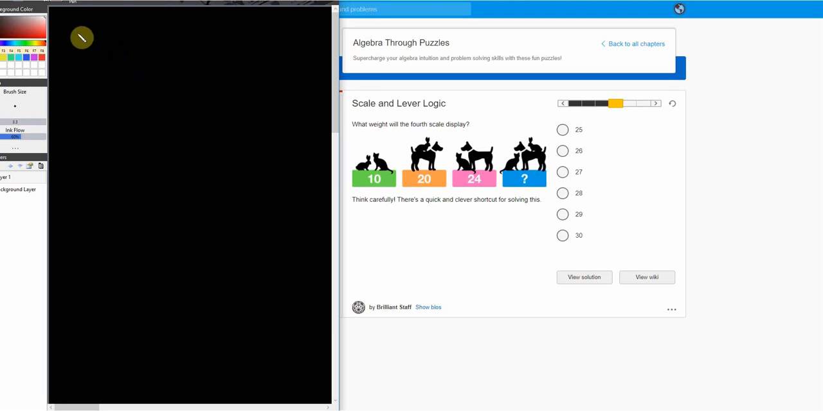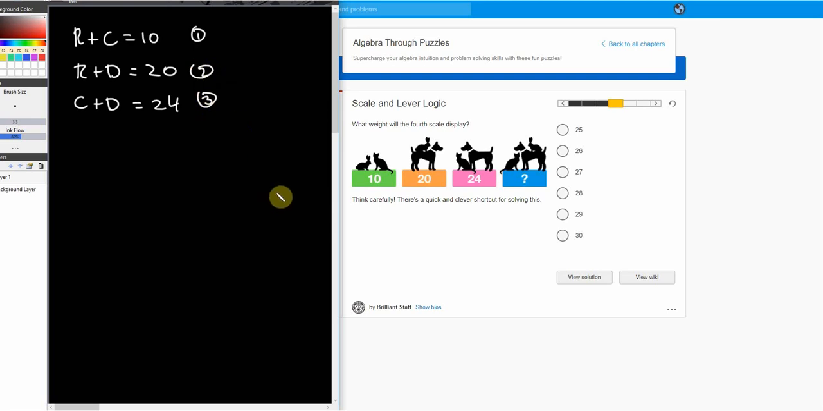Similar to the very first problem, we're going to say R plus C equals 10. Rabbit plus cat equals 10, right? Then R plus D equals 20. And C plus D equals 24. I'm going to note these 1, 2, 3. Again, you could probably set up a system of equations, but